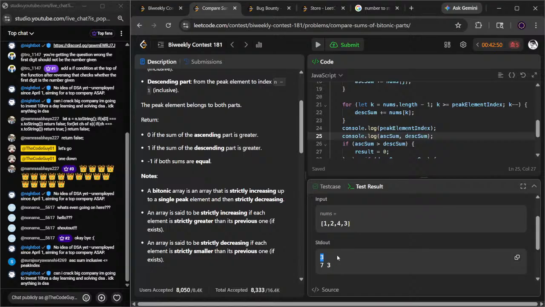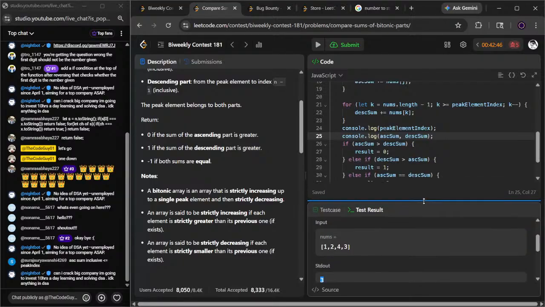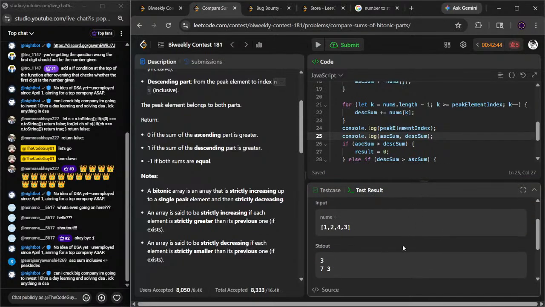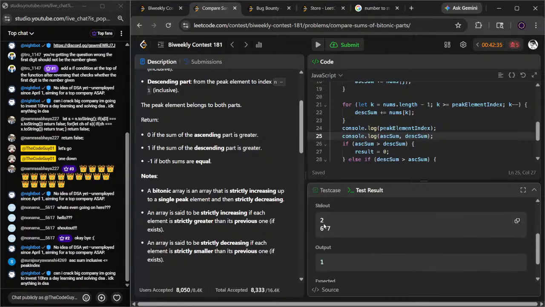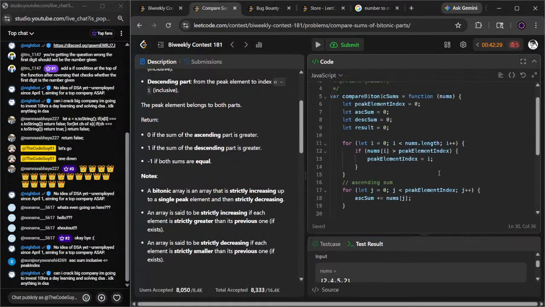कैसे? How the f*** पीक एलिमेंट इज 3 में? 3 कैसे आ गया तेरे को? पागल है क्या इंसान? इसको पीक एलिमेंट 2 कैसे मिल गया? पीक एलिमेंट सबसे बड़ा एलिमेंट होता है।